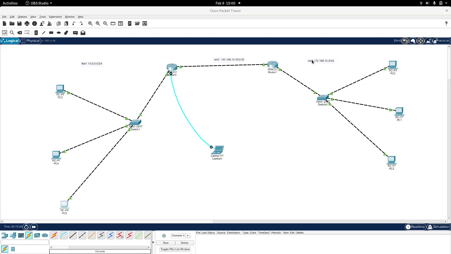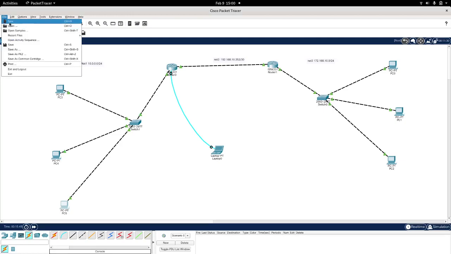So we have network 3, 2 and 1. Without static routing, just by connecting these two routers, there wouldn't be any way for the computers on network 1 to reach computers on network 3. So that's where static routing comes into place. So let's get started. Let's configure this all from scratch,